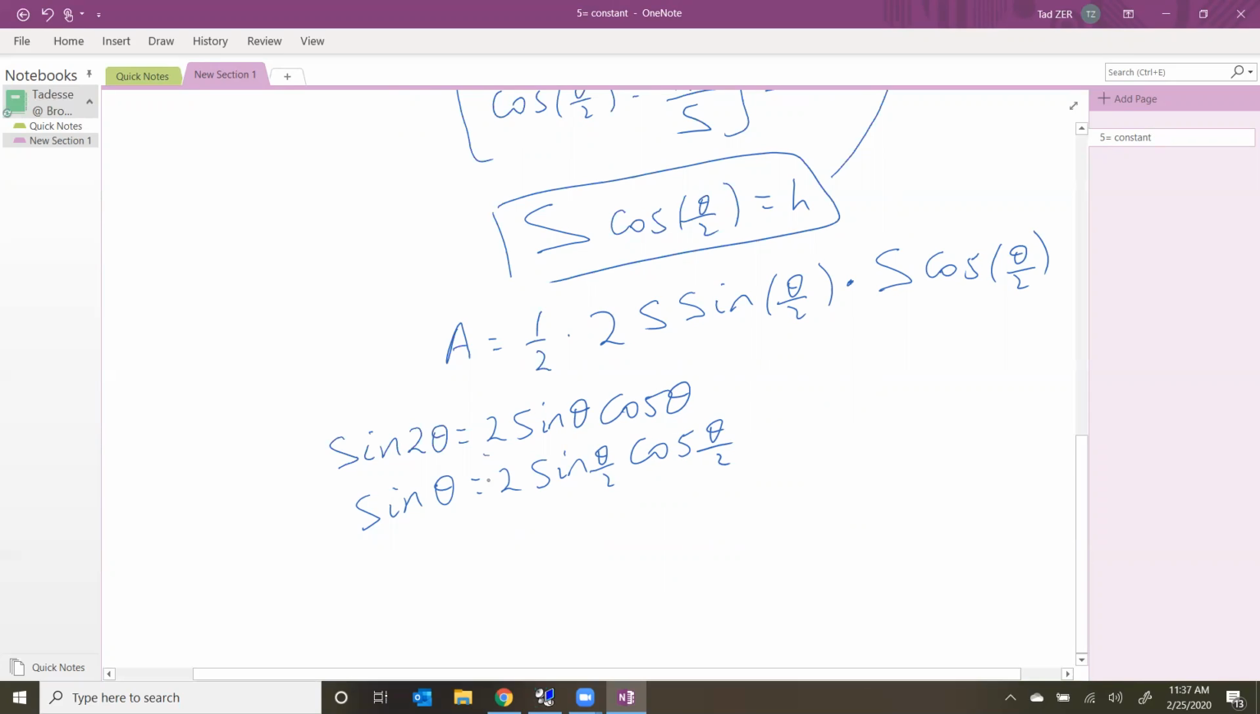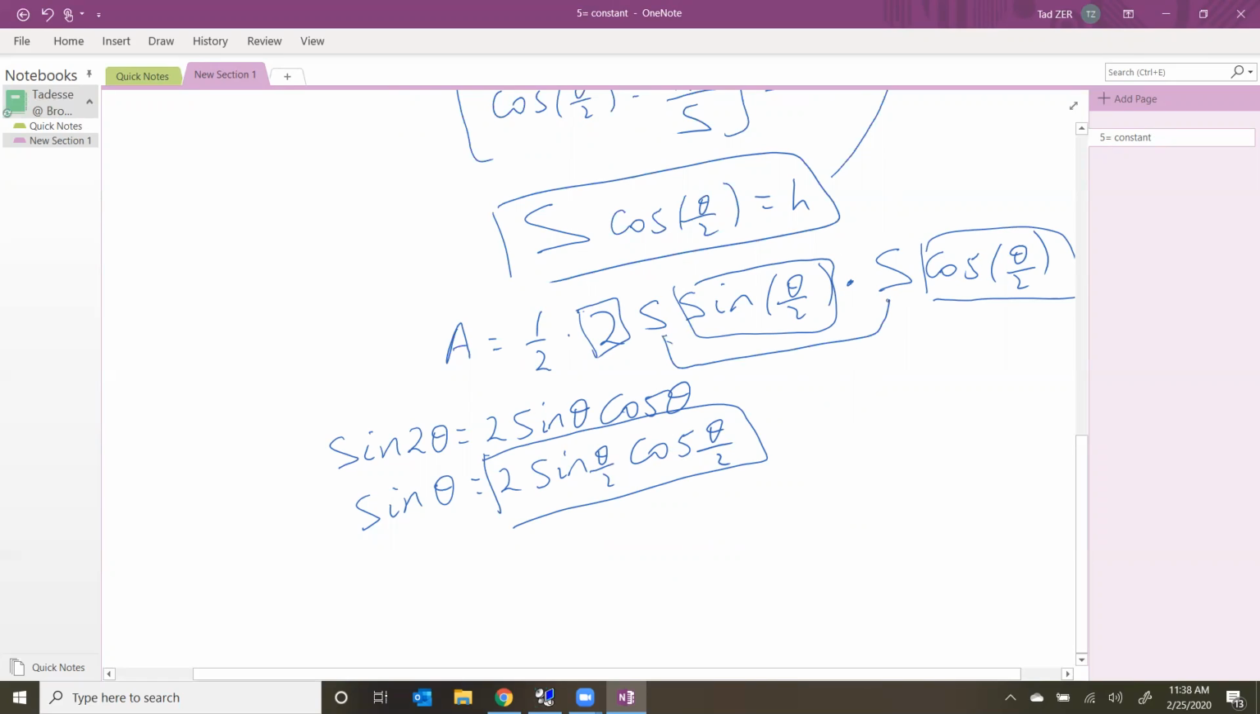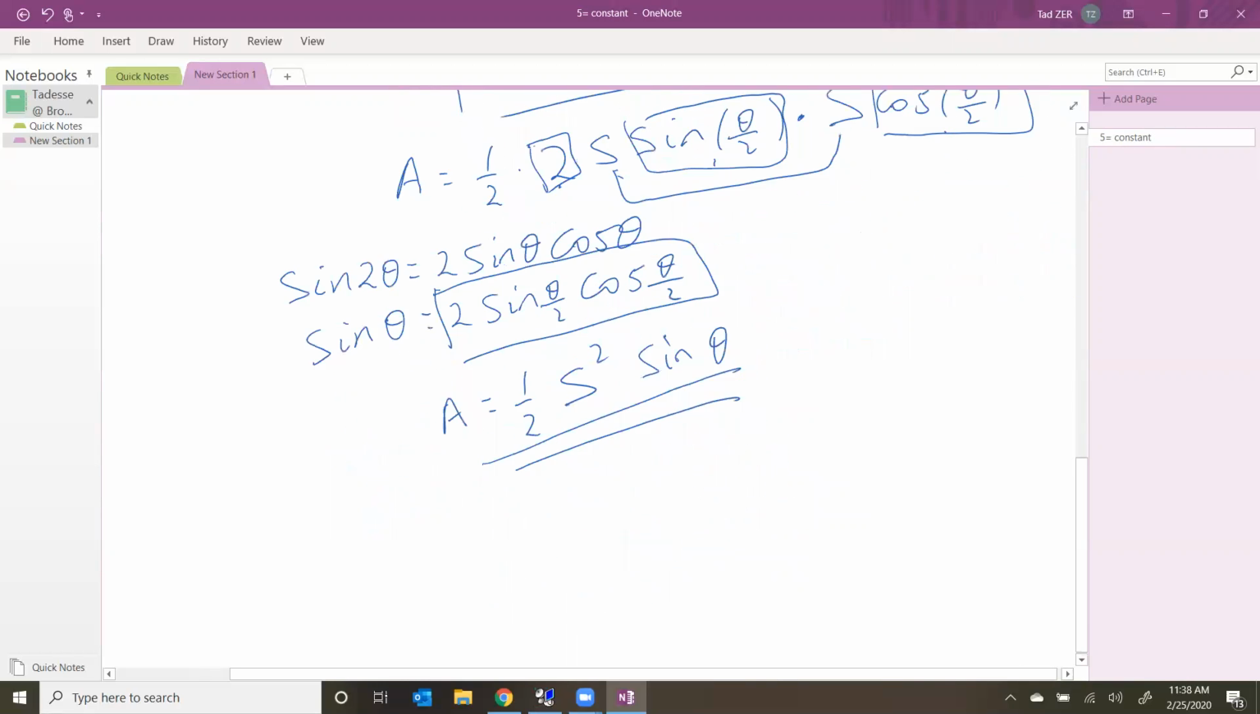Now, you see here, 2 sine theta over 2 cos theta over 2. I have sine theta over 2, cos theta over 2, and the number 2 here, right? So I have S, that will give me area equal to half S times S, which is S squared. The 2, sine theta over 2, cos theta over 2 becomes what? Sine of theta. So we were able to prove that area is given by this, using